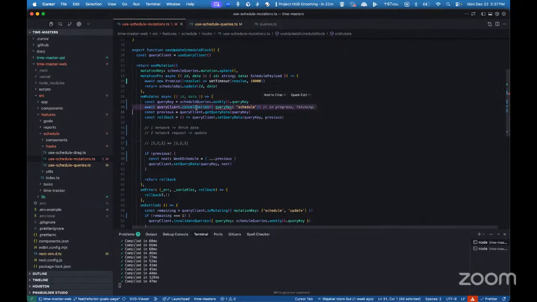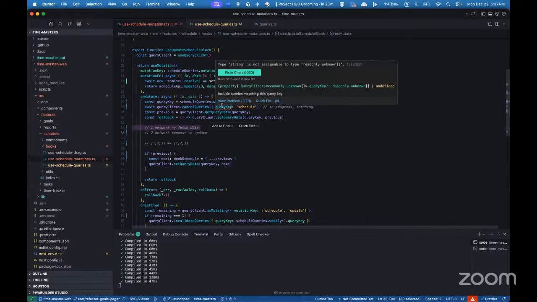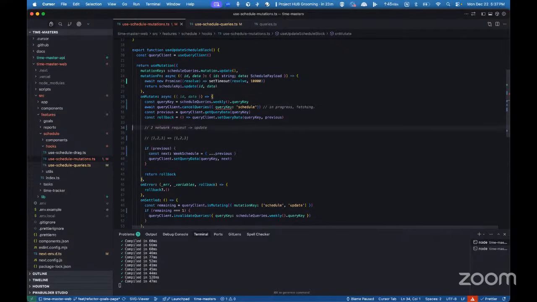तो कैंसिल क्यूरी क्या करता है, ये कहता है अगर कोई नेटवर्क रिक्वेस्ट इस क्यूरी को फेच करने के लिए प्रोग्रेस में है, उसको खत्म कर दो, वो हमें नहीं चाहिए। ये क्लीन अप वाला सीन है। अगर पहले से डाटा फेच हो रहा है तो उसको प्रोग्रेस में रहने